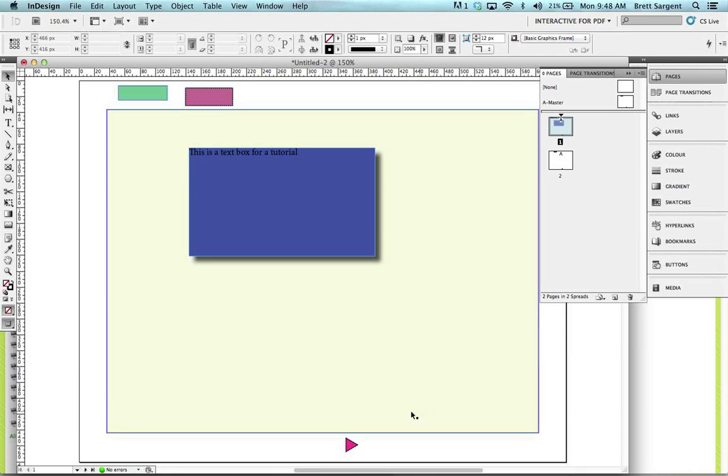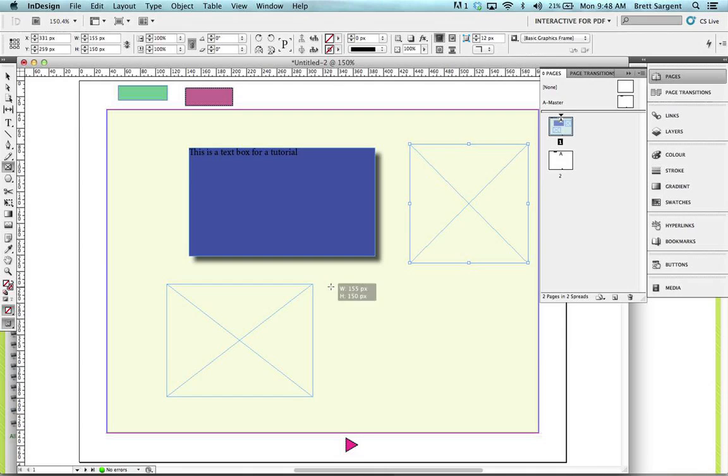So just to start, you need to understand you can create text boxes. Actually, the last thing I'll show you is this frame tool. The frame tool allows you to map out your page where you're going to put images and text without putting images and text in it. So I could